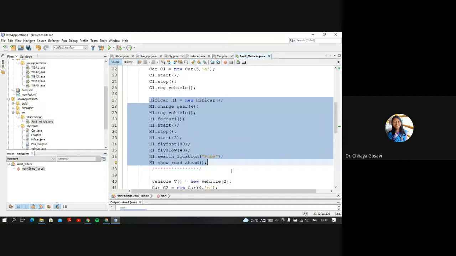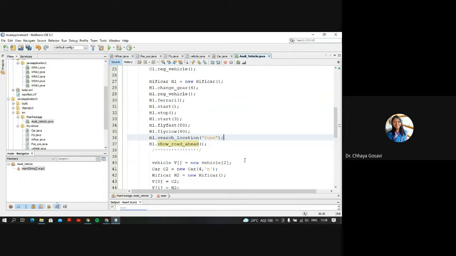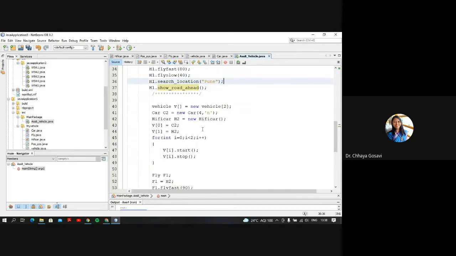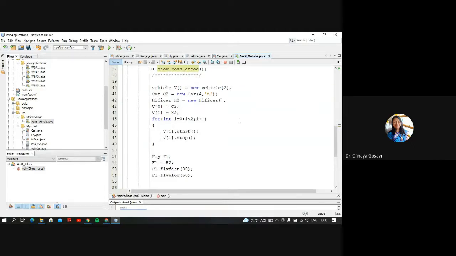class, or the class it inherits, or the interface that it implements. So this is the normal way how you can write your code. But if you want to implement polymorphism or abstraction, you cannot create an object, but you can create a reference. So I have created two references of vehicle, which is a super class or abstract base class.